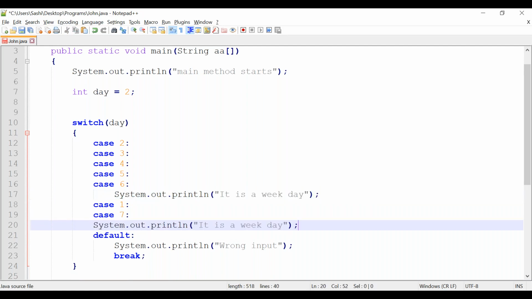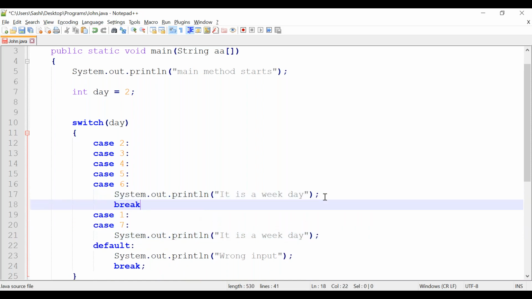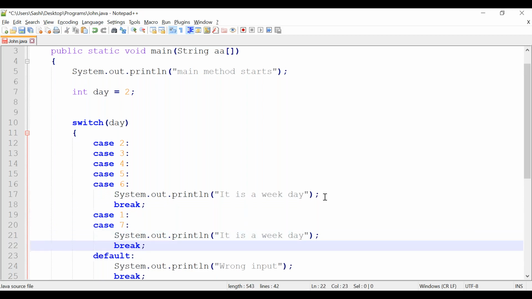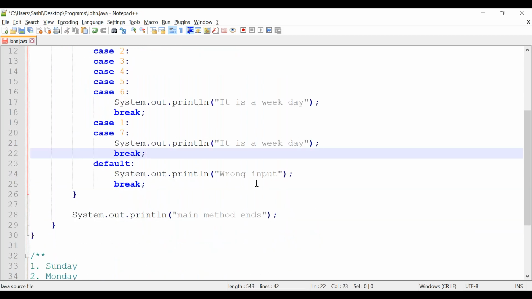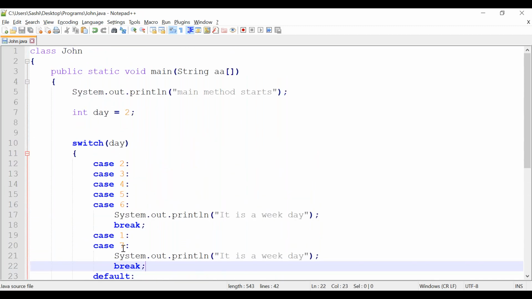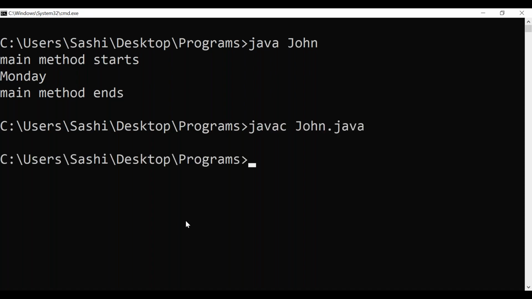This is also possible. You can keep the break here, because after executing the line, it should come out. Otherwise it is a wrong output. Let me run it. I have saved this class. Run it with javac.